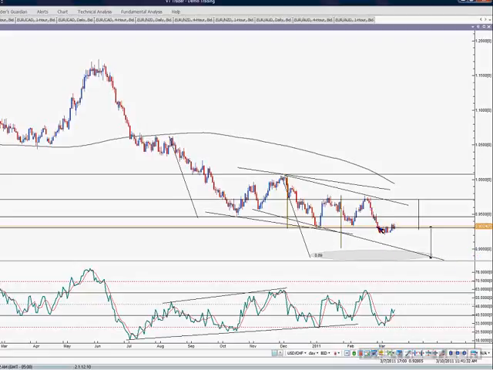Okay. Now that we broke it, we want to see some confirmation. So far, the market is not confirming. So far, it's showing that this could be a clear out. Remember, we had the difference between a breakout and a clear out. A clear out is a weak or a fake breakout that pops the market back up into the zone or the pattern it broke out from. So this is possible. Right now, either case is possible. We have to keep both scenarios open.